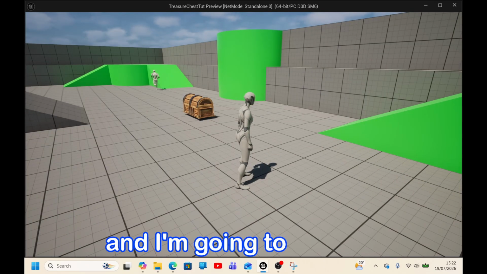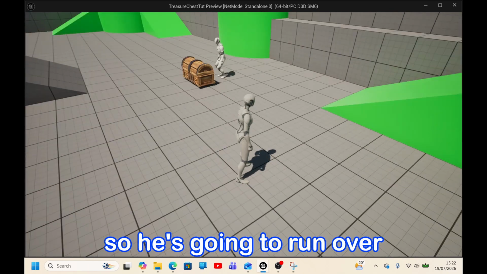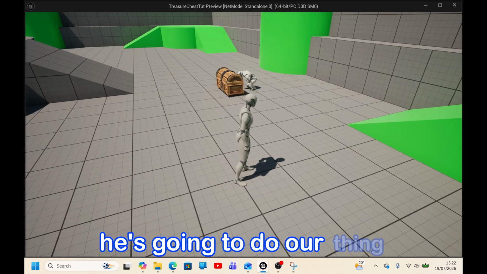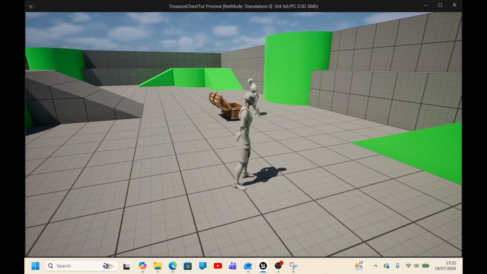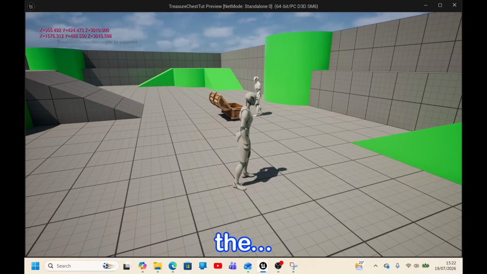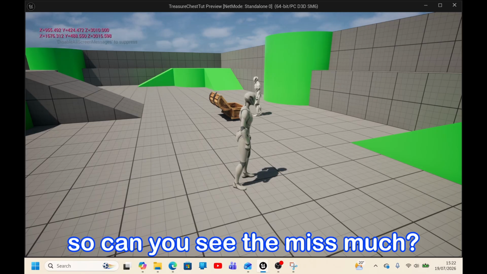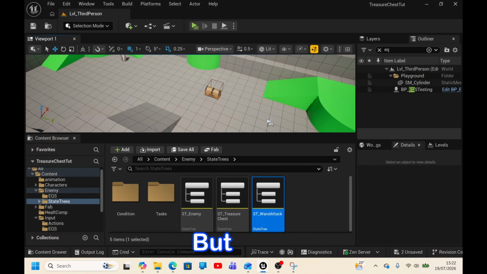And I'm gonna press T. So he's going to run over, he's going to do our thing. He's now going to pick up a wand. He's using smart tree. So we got the location and it's there. Can you see the mismatch? So he's getting the results, but the